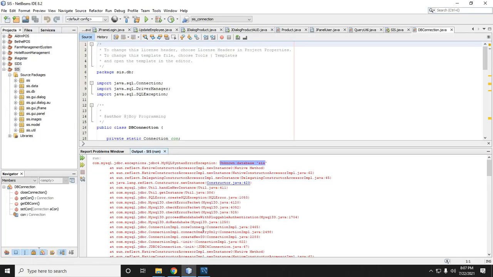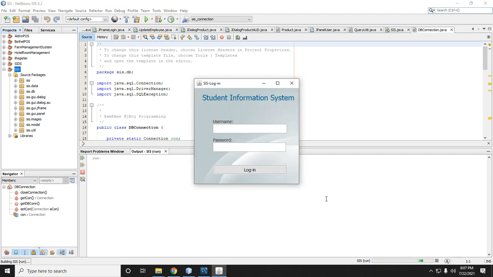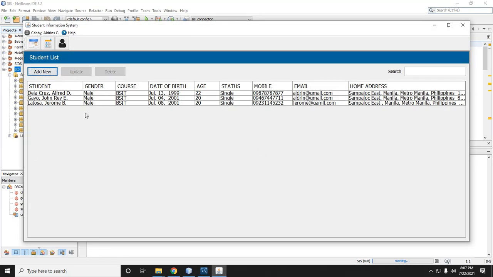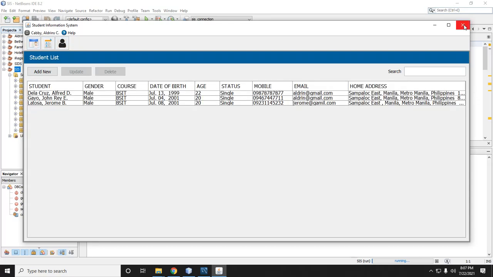So here let's try to run this one because we have SIS database. Then this is the username, then this is the password of 5143. Then cut this one, paste it to password, then enter. Then we are successfully logged in, so we can use our project now. We can try add an update, but